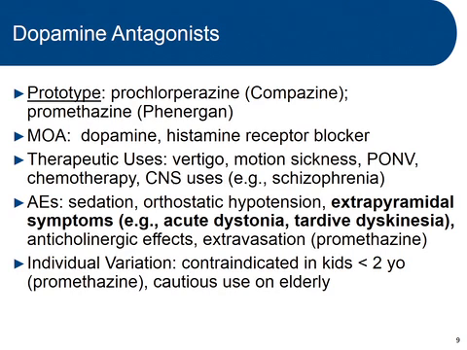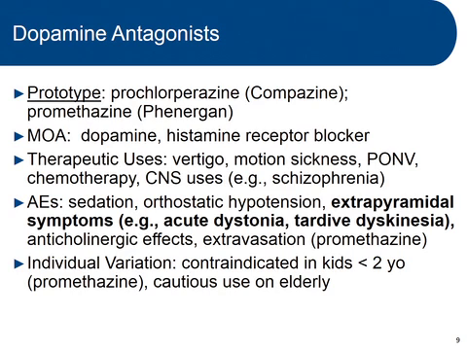They can have anticholinergic effects, because they can block cholinergic receptors, and they can also lead to extravasation. Promethazine is a dopamine antagonist, very structurally similar to prochlorperazine. It's not our prototype, but I want you to know that that drug in particular can lead to serious extravasation. In terms of individual variation, promethazine in particular is contraindicated in kids less than 2, because it can cause life-threatening respiratory depression. Also, in general, we try to be cautious in using these medications in the elderly population,